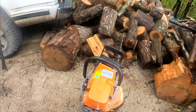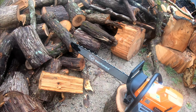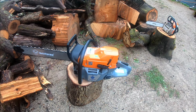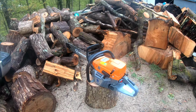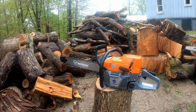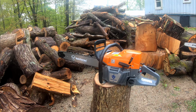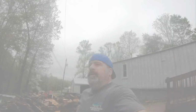60 days it took to get this thing. That's a long time to wait. Obviously, you can get them off Amazon a little sooner, but this is gonna be the use it till I blow it up saw, and then we'll try and rebuild it with Husqvarna parts. I needed something a little bit bigger for milling and to bring down some big boy trees, and this is what we went with. Now the last piece I don't currently have at the house, but it is a hitch